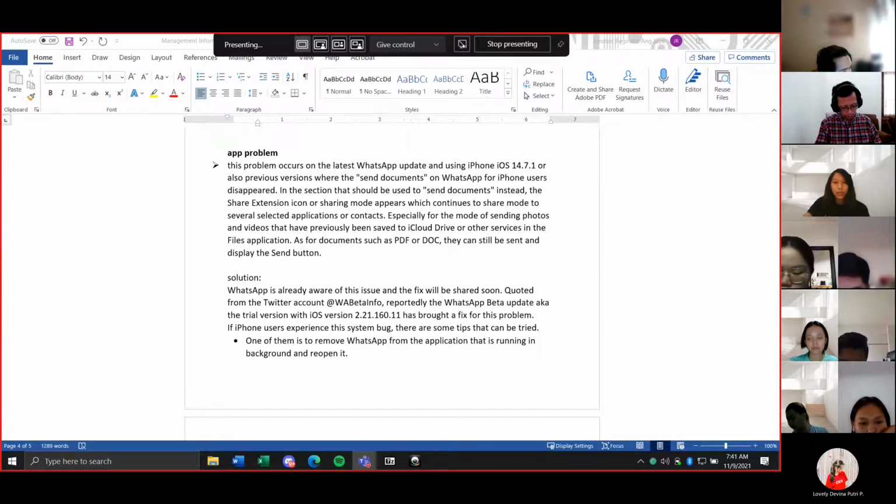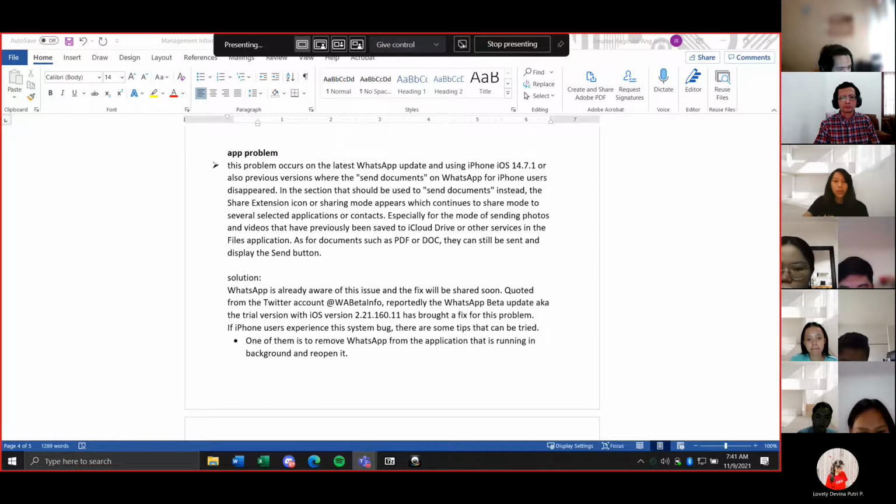In the section that should be used to send documents, instead the share extension icon or sharing mode appears, continuing to share mode to several selected applications or contacts, especially for sending photos and videos that have previously been saved to iCloud Drive or other services in the Files application. As for documents such as PDF or doc, they can still be sent and displayed with the send button.